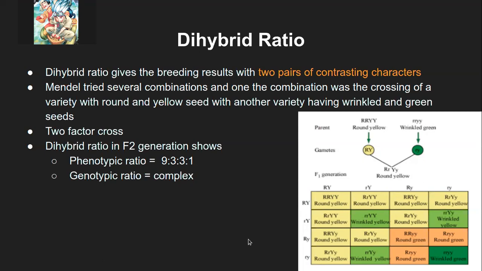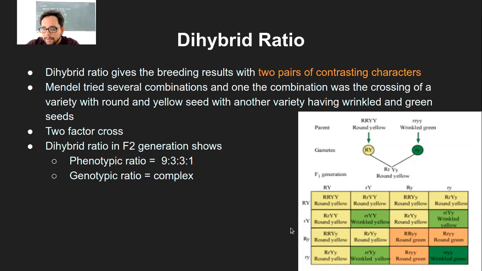Remember, this is very important for the competitive examinations that you are going to give, and also for your board exam, because at least one 5-mark question is asked from these topics, either monohybrid cross or dihybrid cross. So these are very important topics, and several questions can be designed. We'll practice a few of the questions at the end of the chapter, or maybe I'll give them to you as a worksheet.